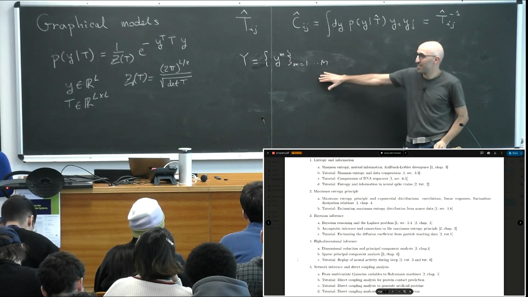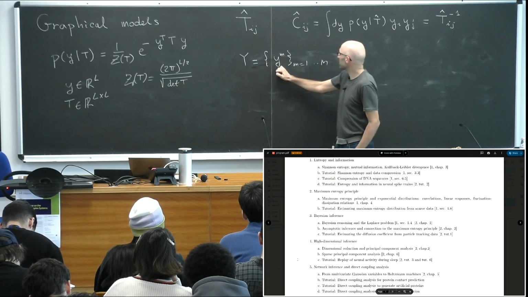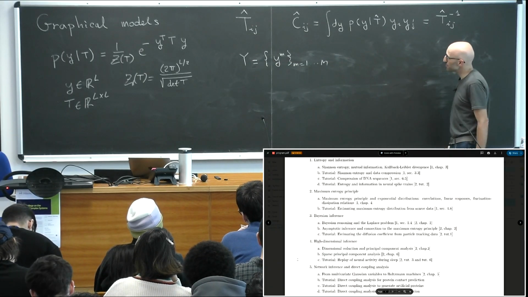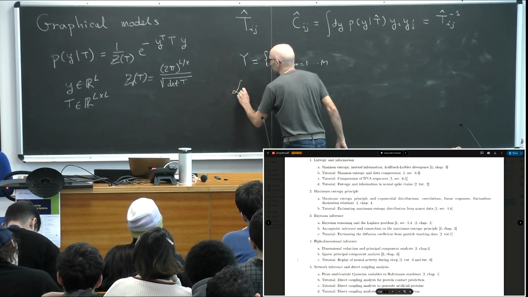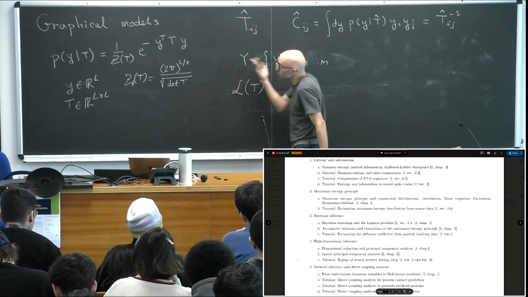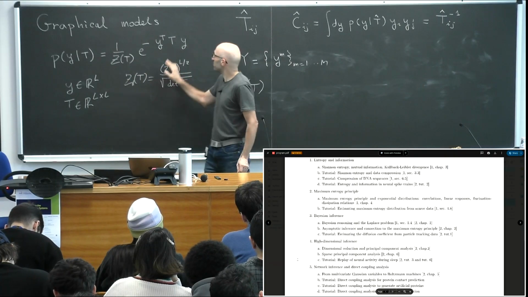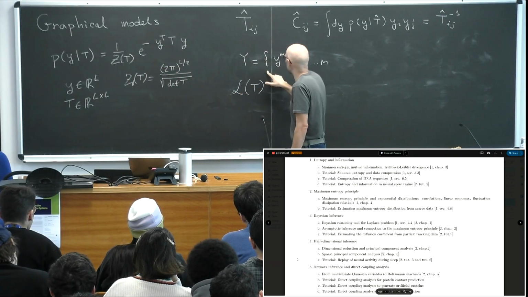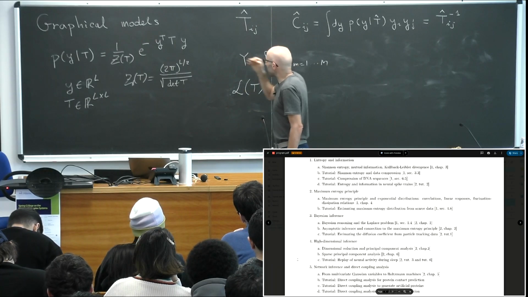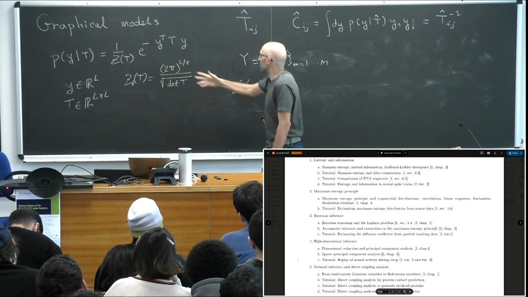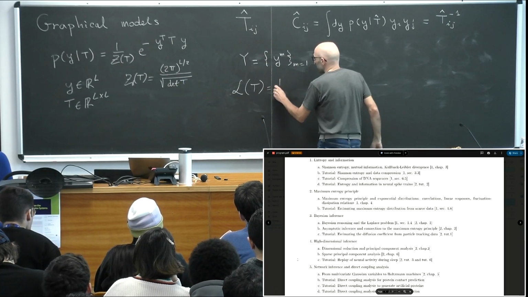Let's assume I have many data generated from T hat. I have M data. So what I can do, I can compute the likelihood. I can assume that I know the model, but I don't know T. So the data have been generated with T hat, but I don't know T hat. But I know the likelihood. So I can compute the likelihood of my data,